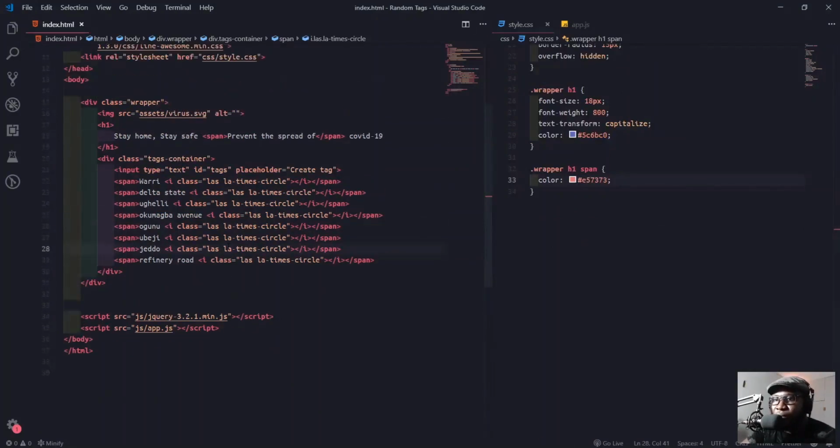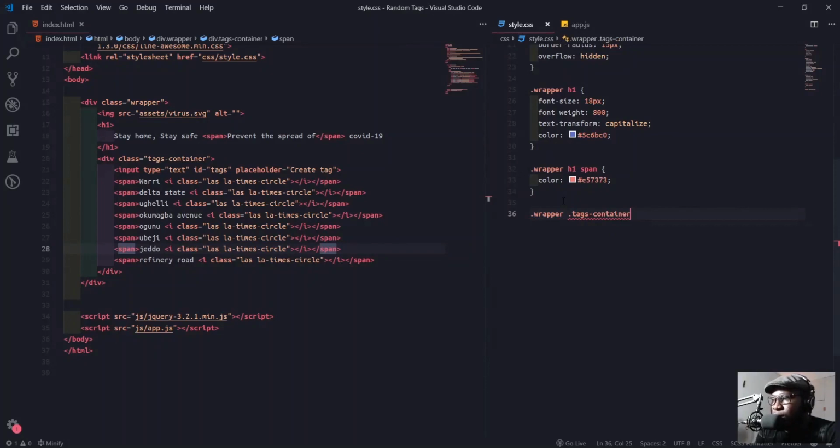So now next we'll work on this tags container. About the tags container, I'll work on the input, then work on the span. We'll clear everything with the design and then we'll attach JavaScript, a bit of jQuery. So in the wrapper, we'll target the tags container.